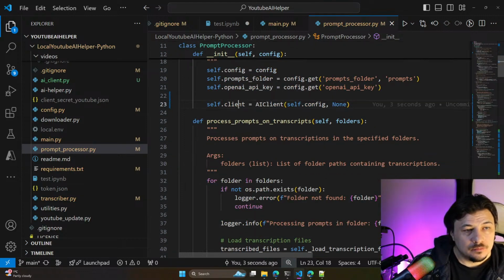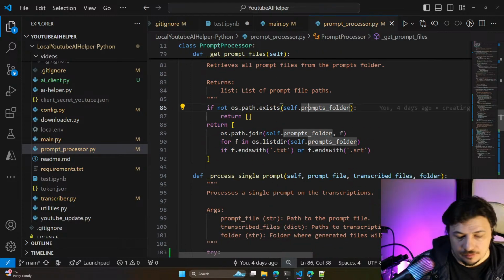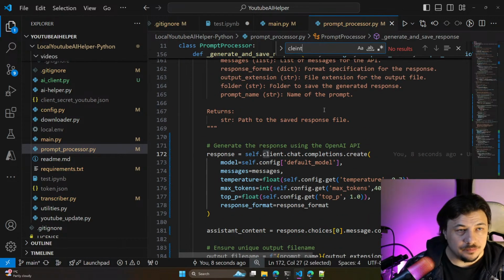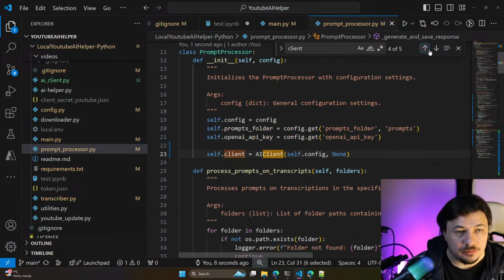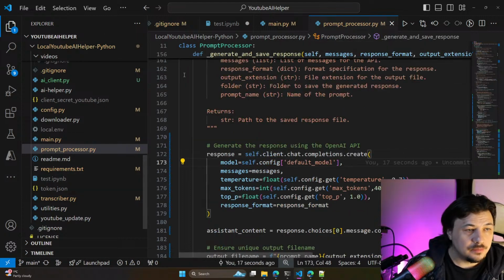Okay. And the place where we actually use the client, it would be one, two, three, four, five, six here.